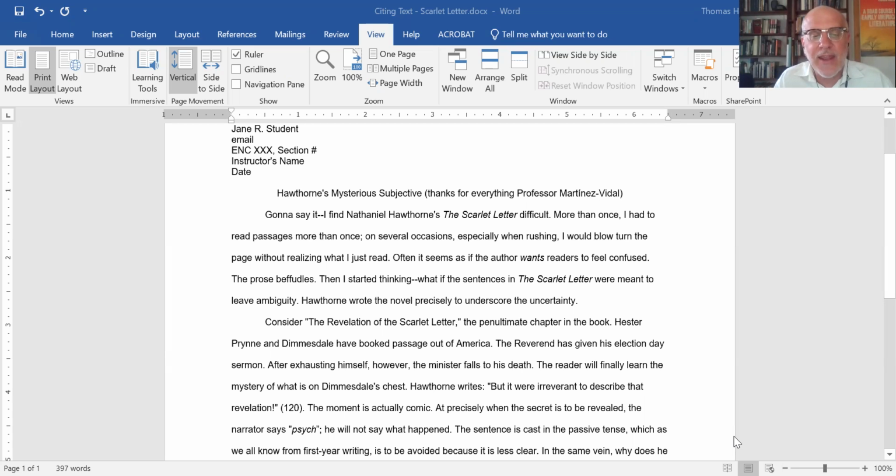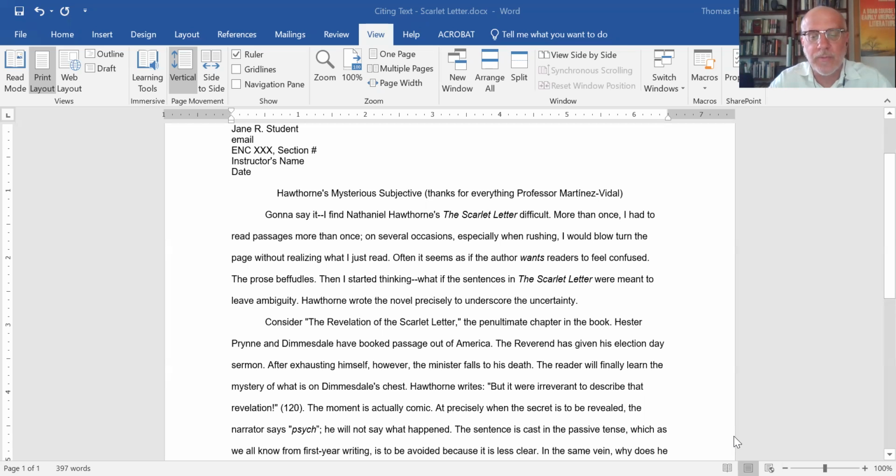I'm going to set it up, and then I have points where I tell the reader what I want to get out of this quote. The reader will finally learn the mystery of what is on Dimmesdale's chest, and then I am stitching the text onto my own language. Hawthorne writes, "but it were reverent to describe that revelation." So if you notice, I've done three things. Again, I have a thesis going. I tell the reader where in the book I am finding this quote. I give a sense of what my purpose for citing this text is,